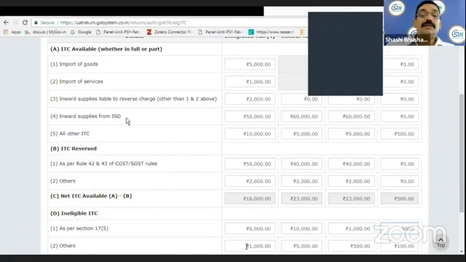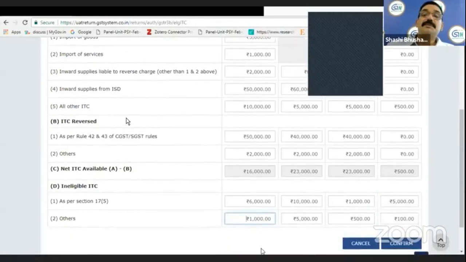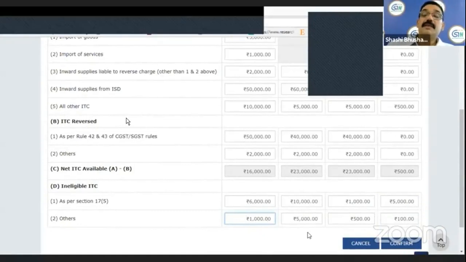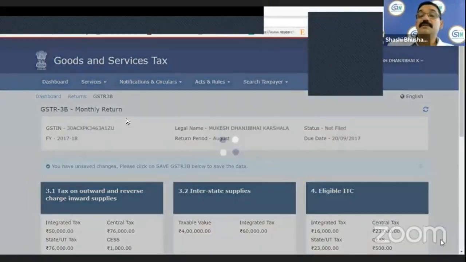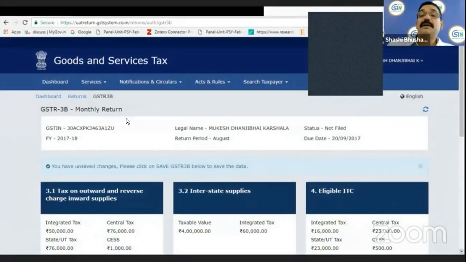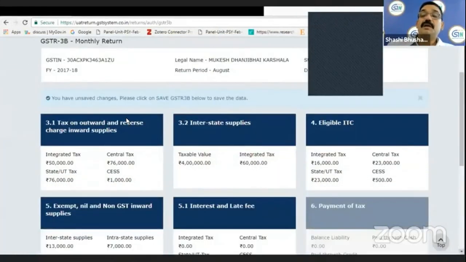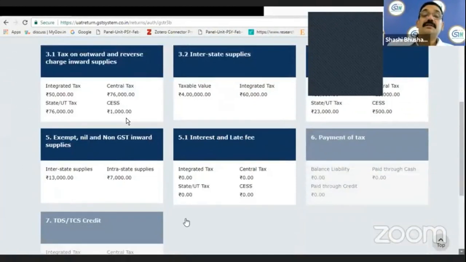Now, other ineligible ITC, because you are exclusively using it maybe for non-business or exempt or some other purpose, you have to declare here. And once you have declared your ITC details, you need to confirm here. These details will get populated in the summary tile that you see on the dashboard. And if you save it, then it will get